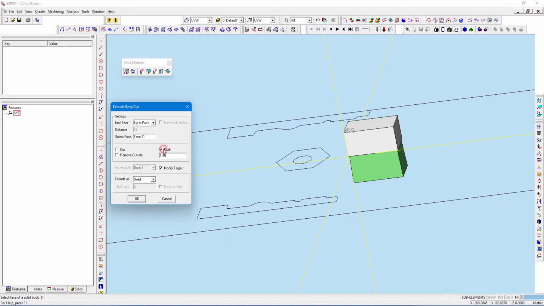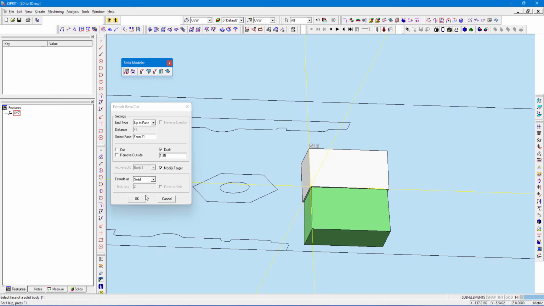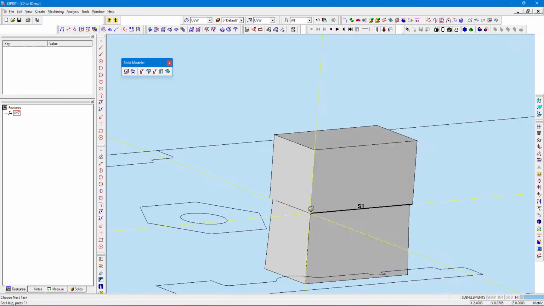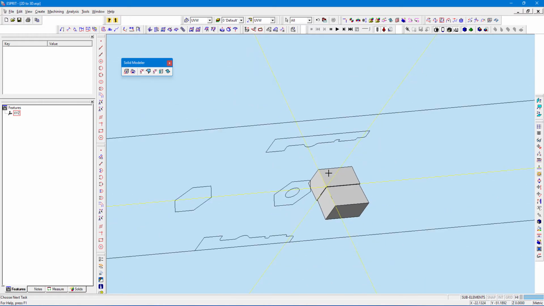If you want any draft, you can just give the draft. I have enabled the draft so that you can identify the difference easily. Just see, it is only extruded till the face which I have selected. This is the benefit of that.